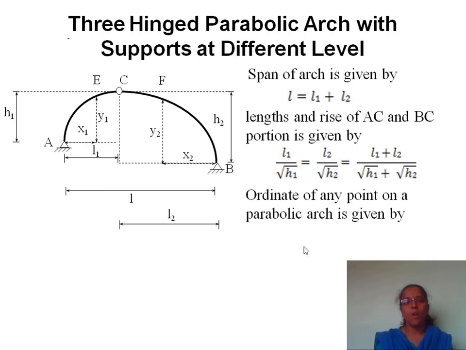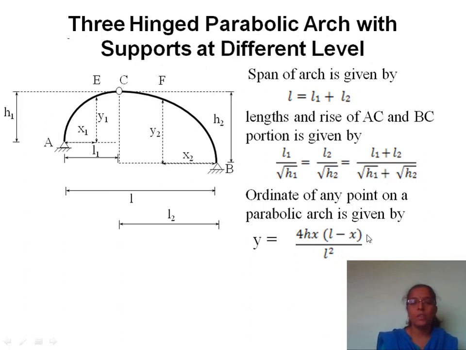Next, the ordinate at any point on the rib of the arch. We know that for the parabolic arch, when the supports are at the same level, the ordinate at any point is given by 4hx by L square into L minus x, where h is the rise of the arch and L is the span of the arch. Now to obtain the ordinate YE, that is the ordinate at E,